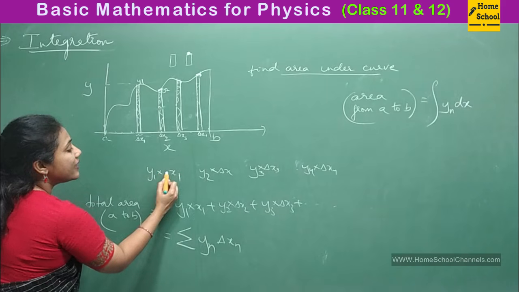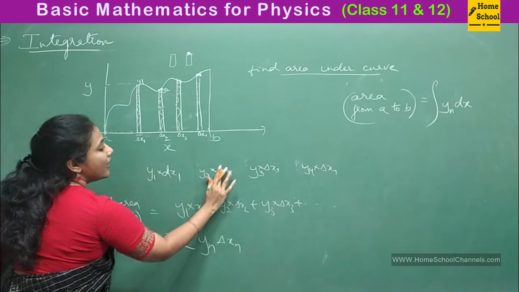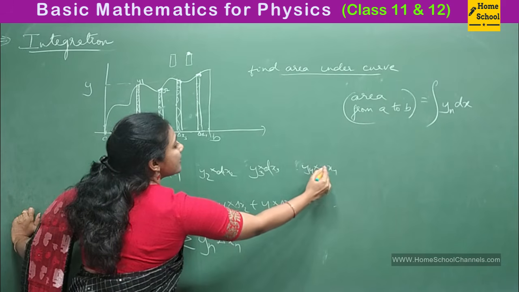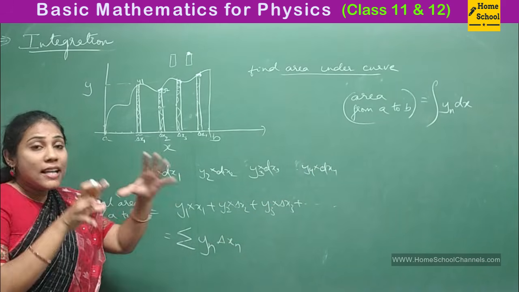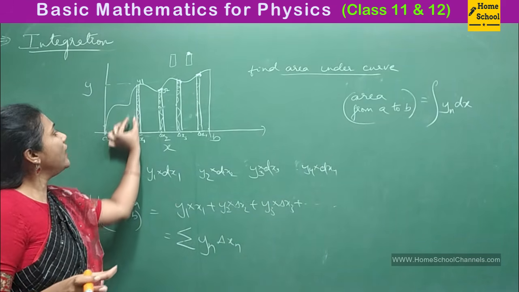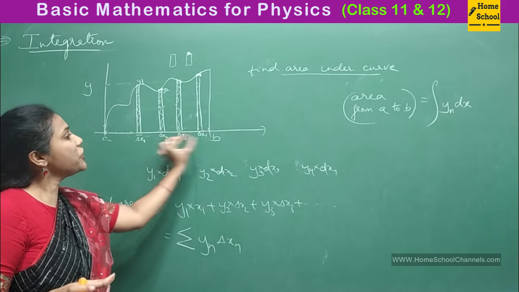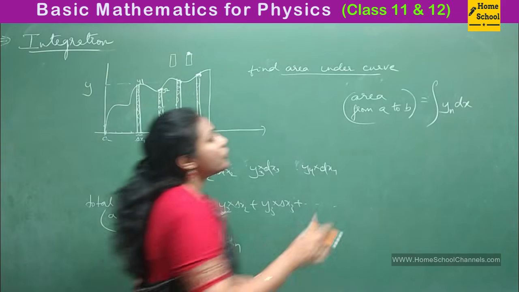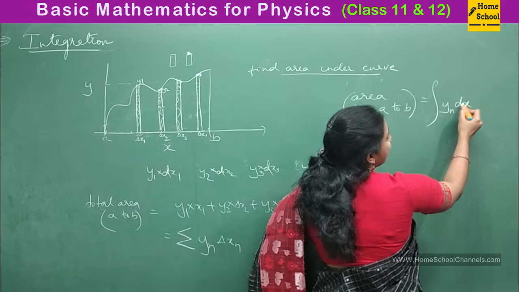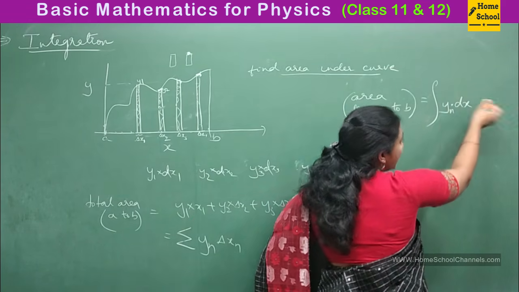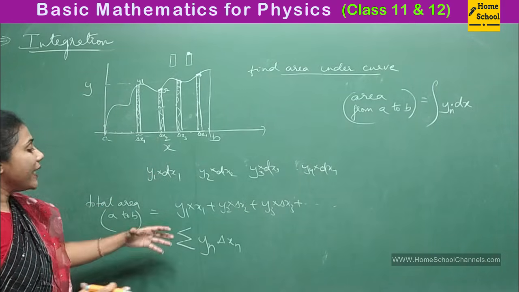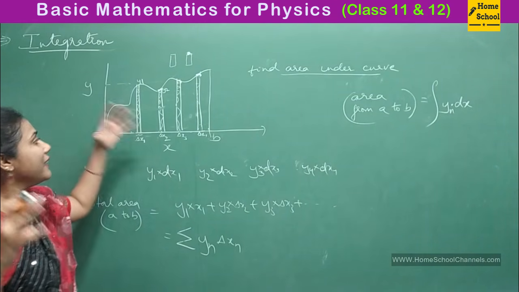I have to use dx everywhere. This is dx1 and this is dx2 and this is dx3 and this is dx4, right? So delta means a big change, but it's a very small rectangle. It's a very small change, right? So for small change, we use dx, right? So integration of y into dx, when you integrate all of them, you get a correct area